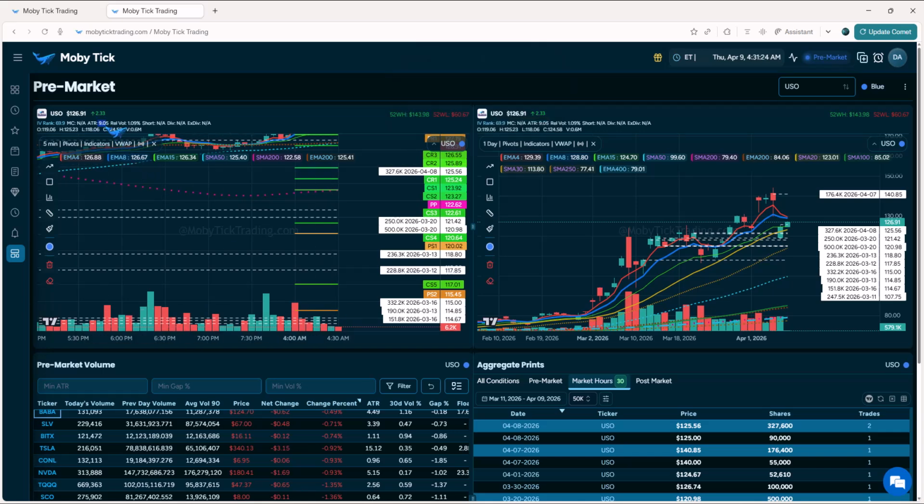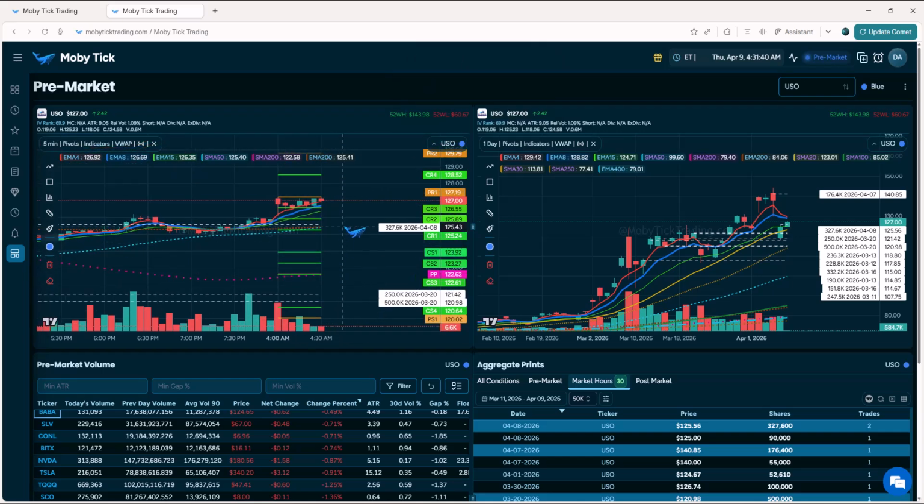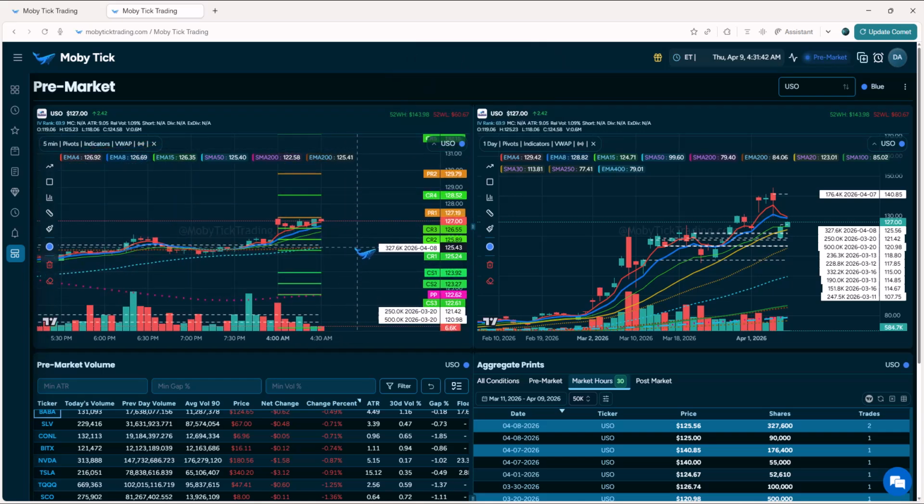The ATR on USO is about $9. So on the downside, just be careful of these. And if it's going to go down, then bounce, bounce, bounce, bounce, bounce. So it could be a little bit jagged on the way down. If that's the case, it's gonna go.